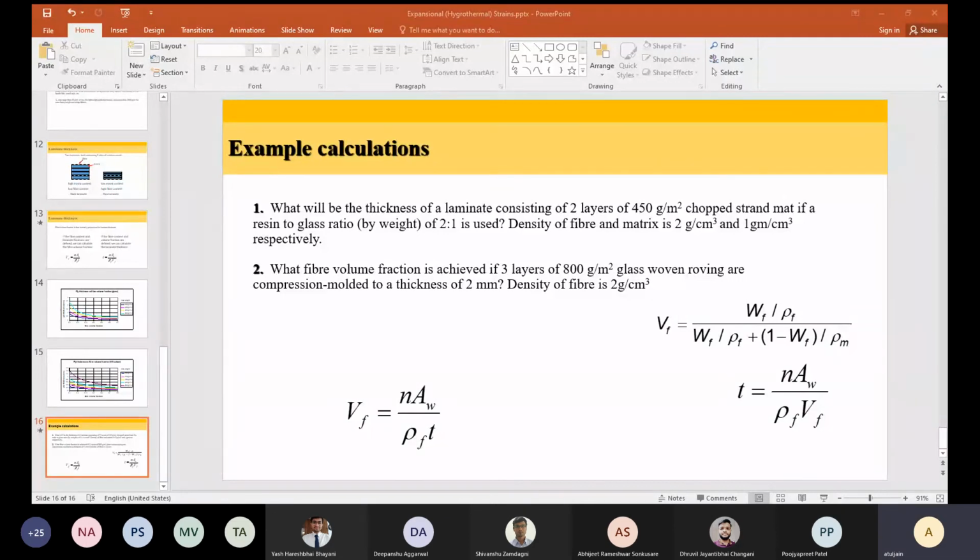So why do we prefer an even number? You will find out, I think, when we learn classical lamination theory, because we want everything to balance. Above the central layer, if there is some minus 45 degree layer, below also there should be a minus 45 degree layer. If it is unbalanced, then you can expect a lot of out of plane shears, and those composite materials don't perform as well. We will have more discussion on this when we learn classical lamination theory.